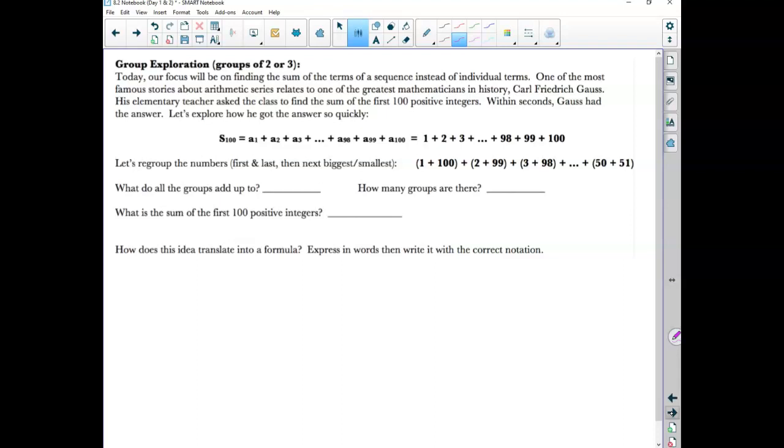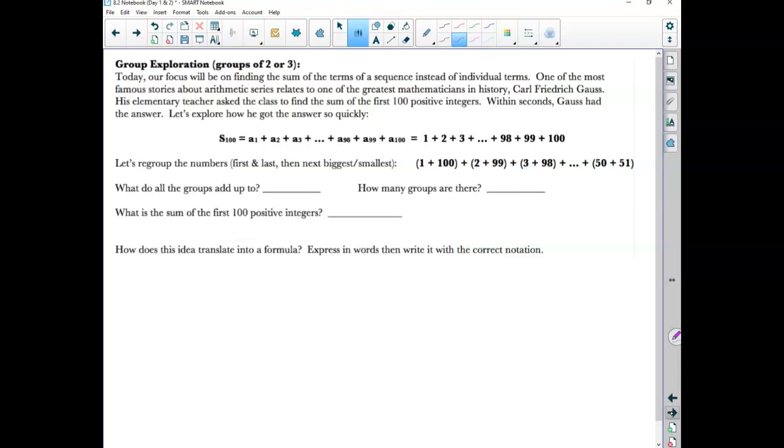But today our focus will be finding the sum of the terms of a sequence instead of individual terms, okay? So that means we're going to have a whole list of numbers like we did. One of the most famous stories about arithmetic series relates to one of the greatest mathematicians in history, Carl Friedrich